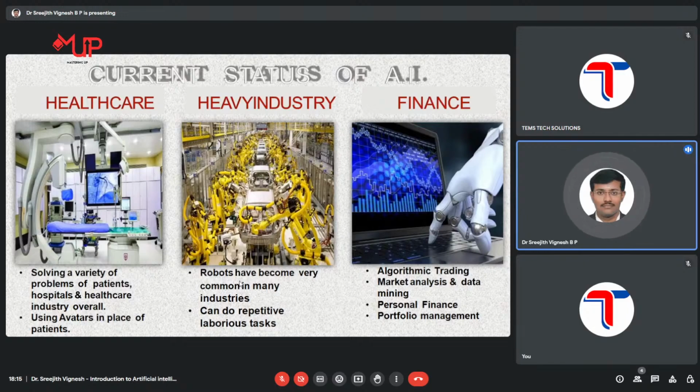And the next one is the heavy industry. Once we want to manufacture in the car industry, or if we want to track a highly hot place where we manufacture iron rods, even if you go to our own Tamil Nadu, to any steel plant, JSW steel plant, or any kind of steel plant, where once we manufacture steel or iron rods, a lot of heat energy will be produced. We will not be able to go manually and stand near that heat energy and work for a long period of time. Instead, today computing machineries are being posted instead of human beings, and they are being fitted